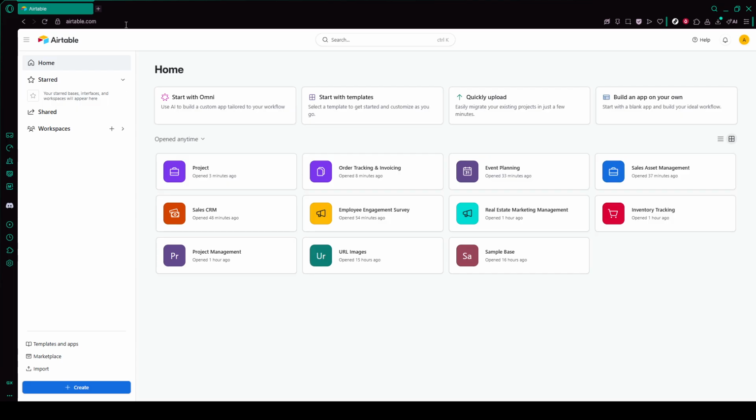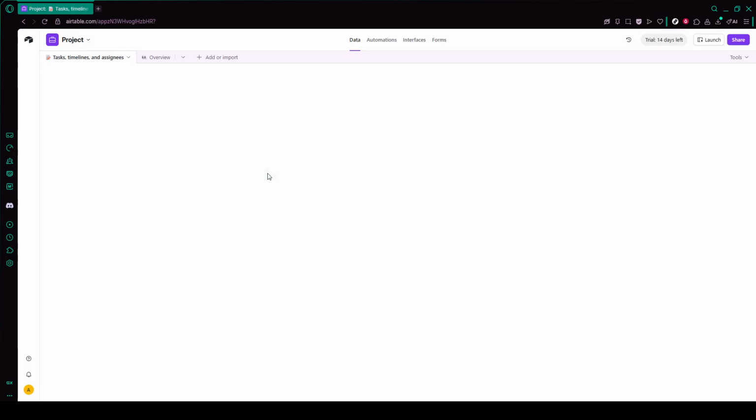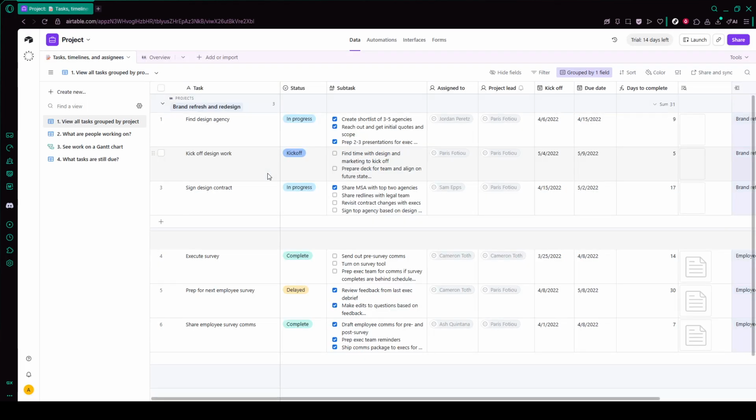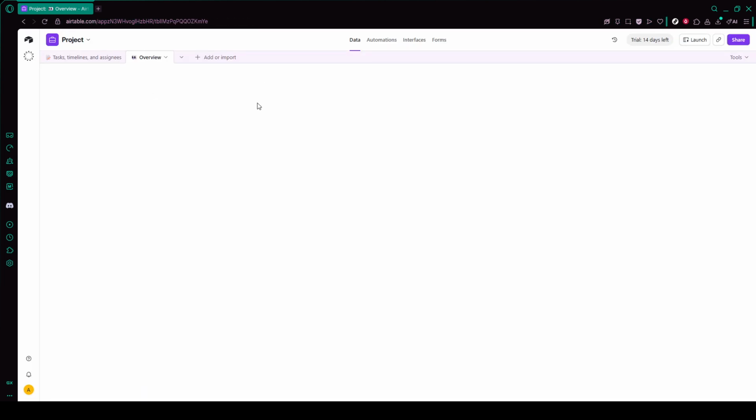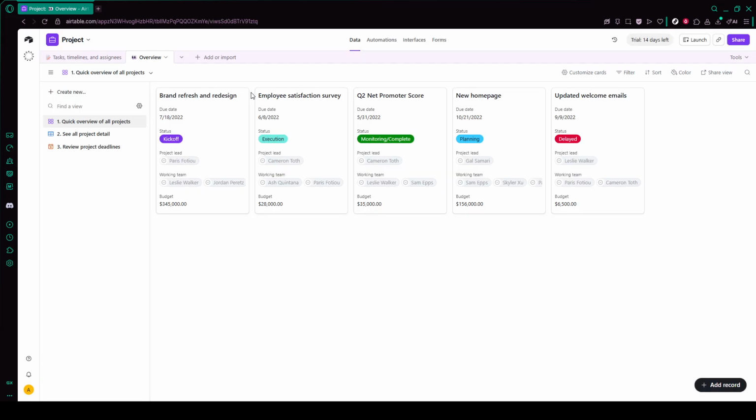First, start by opening the base in Airtable that you want to connect to Teams. Make sure it's the right base and the right table for the kind of updates you care about, like new tasks, support tickets, or content drafts. It helps to quickly review your fields and confirm that the information you want to send to Teams actually exists and is clearly labeled. That way, when you build the automation, you'll know exactly which fields to include in your